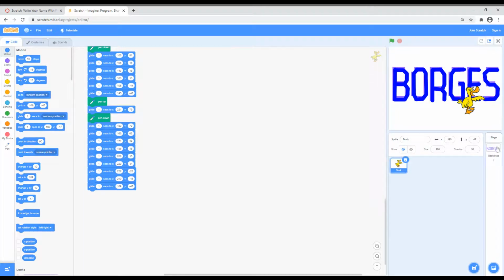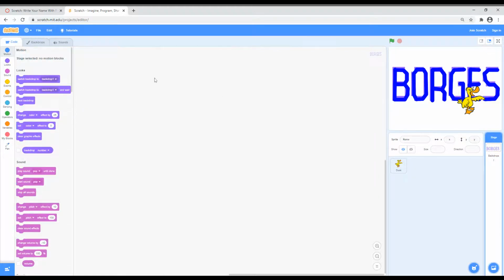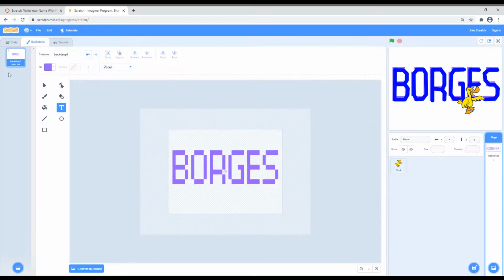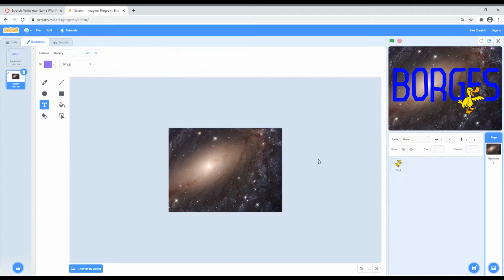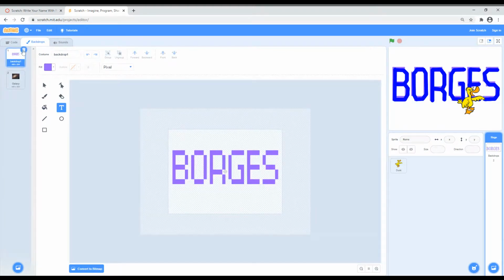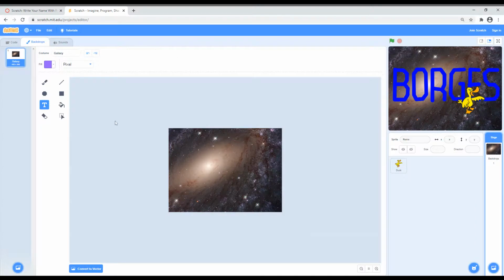Then what we can do is, right, this guide that we created, this backdrop that we made just for this purpose, go ahead and pick yourself a different backdrop now, whatever you like that's cool. And we're going to get rid of that other backdrop, trash can, right? So now no one will ever know that we used a guide, that we used a tool to help us draw our